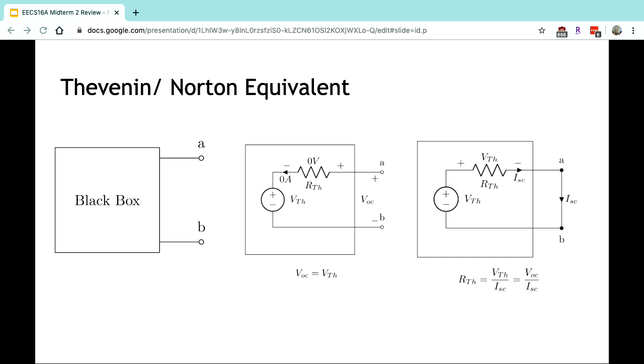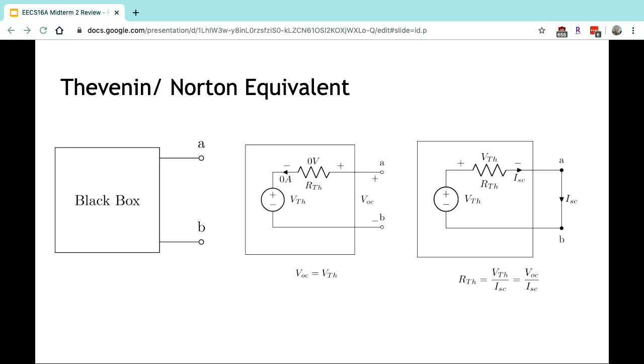And let's say it does happen to have a Thevenin equivalent. If we substitute that Thevenin equivalent on the inside and then look at what happens when we keep the terminals open, you'll see that no current will flow through that resistor, and you'll just have V Thevenin appear on the output. Likewise, if we short circuit the output, then all the current will have to go through that resistor, and if we short it, then essentially there's nothing else taking up the voltage. So you'll see the entirety of the voltage over that resistance.